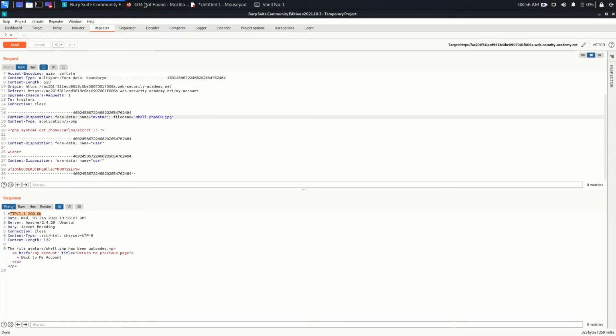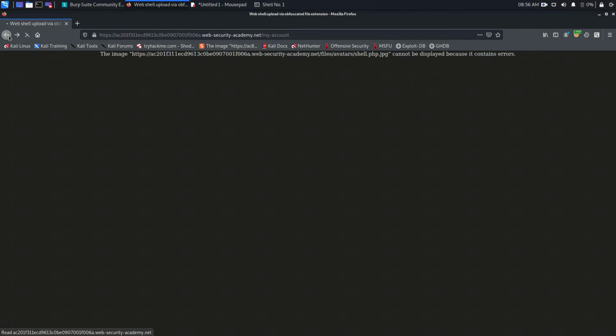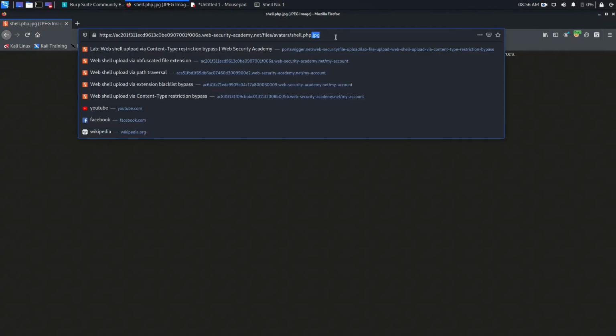The motive is to execute the PHP file. So go back and refresh once. Right click, view the image, and yeah, that works. So you got the content.